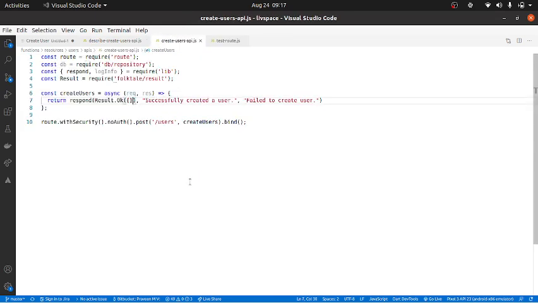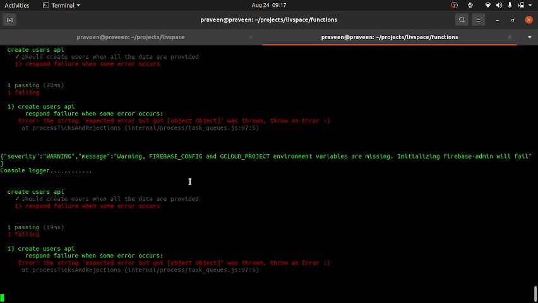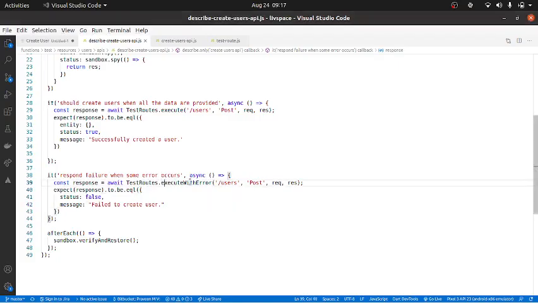What is the message? Fail to create user. This is essentially what we want, right? So expected error but got object. So essentially it expected an error, but unfortunately it didn't get that thing.